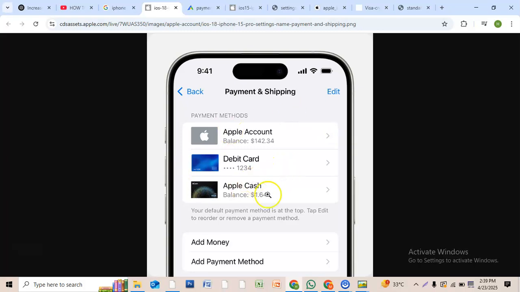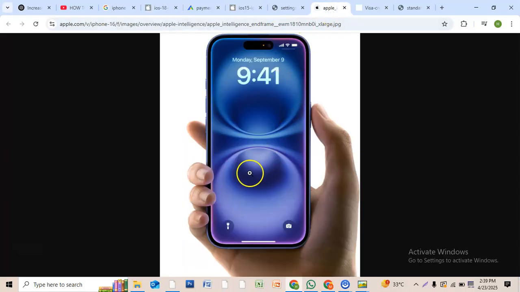iCloud. So that's how you can delete your